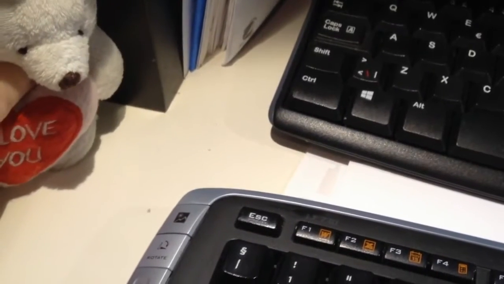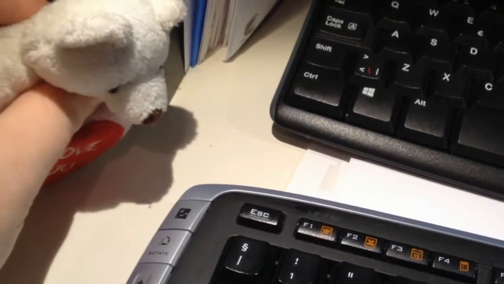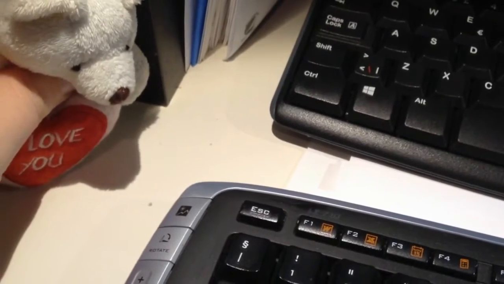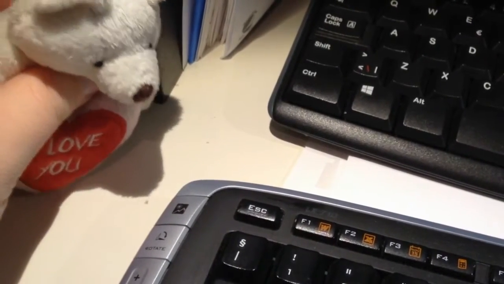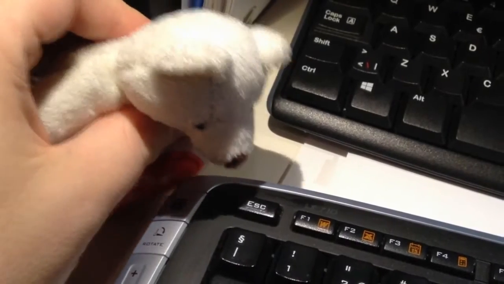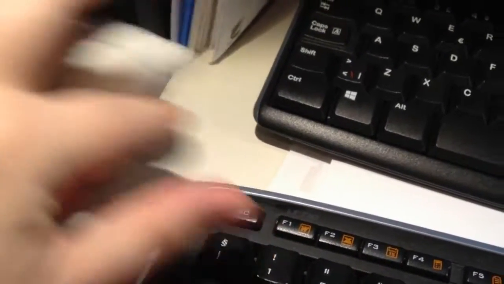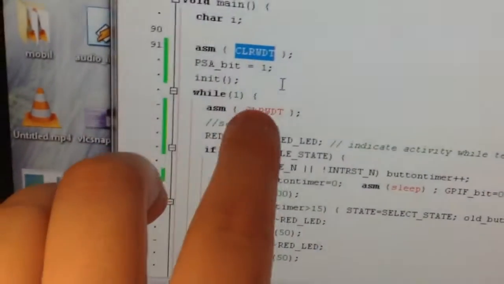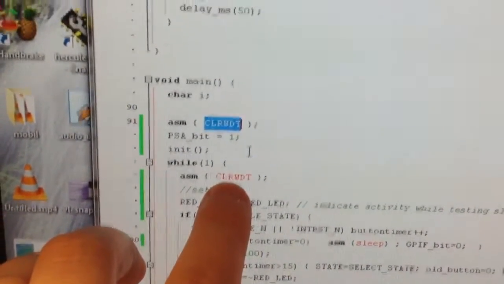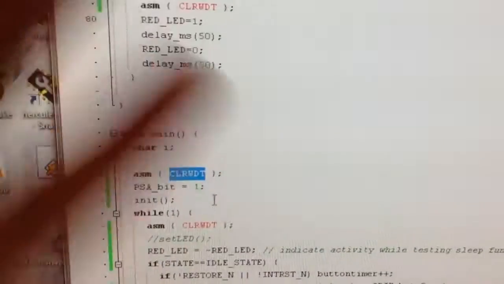First of all, I tried to wake it up with the Watchdog. If you don't know what a Watchdog is, it basically has its own timer. If the processor stops for some reason and can't push it back, the Watchdog always moves towards the reset. So what you have to do is push it back, and it will go towards the reset, push it back. In here I have a clear Watchdog at several places, but I have stopped using it because